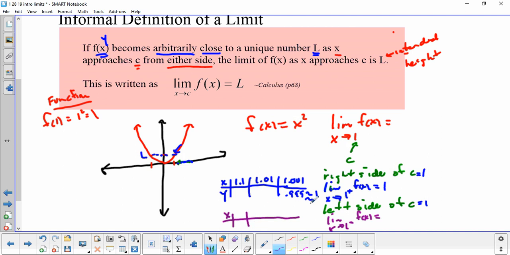As we start plugging values to the left of 1, values like 0.9, because we're going this way now, approaching 1 that way. 0.99, that's pretty close to 1. And we can get even closer, like 0.999. And as we do that, you might start realizing that this would probably be approaching not 0.99, that's actually probably going to be like